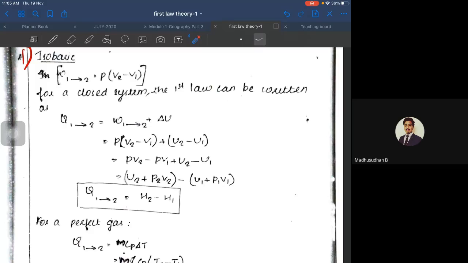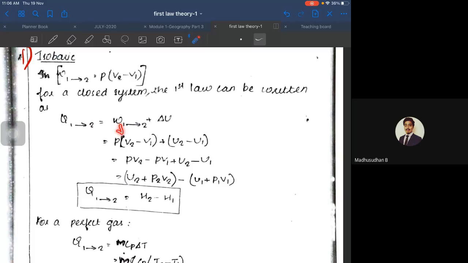So applying the first law of thermodynamics, the battery is running low. dQ is equal to dU plus dW. This is the first law when you apply it for a process, not a cyclic process, just a process. So dQ is equal to dU plus dW. In this expression, the same thing is being applied from 1 to 2, which is isobaric here. So Q 1 to 2 is equal to W 1 to 2 plus change in internal energy.